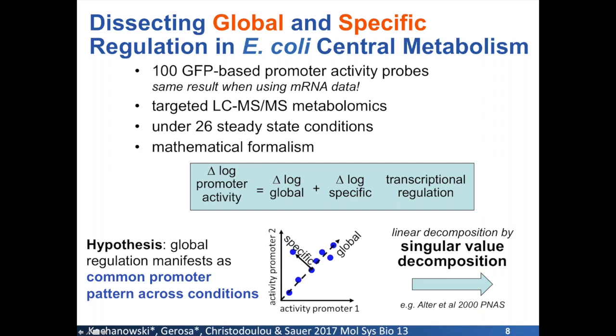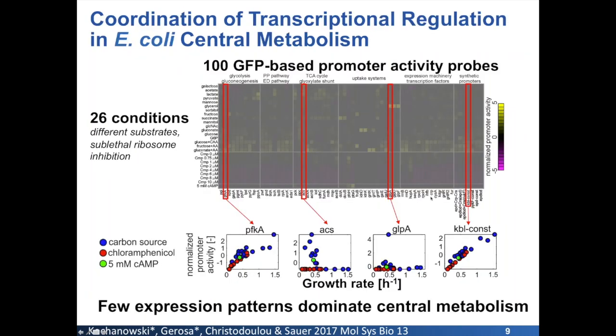And so we do this by a simple hypothesis, if we compare all promoters against each other. If a promoter was only responding to the growth rate, we would expect the expression levels of both of these promoters to fall on the diagonal. Any deviation from the diagonal between these 2 promoters would be an indication, at least, that this is specific regulation. Okay. So then we use linear decomposition, by singular value decomposition, to basically find out these specific regulation events. And I don't want to bother you with the details of this heat map, but just so that